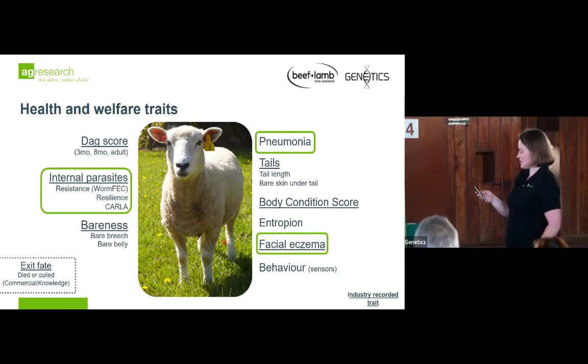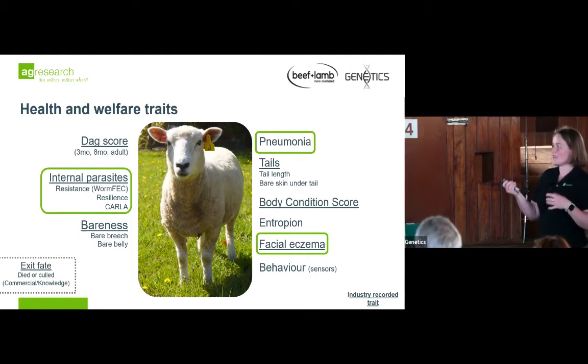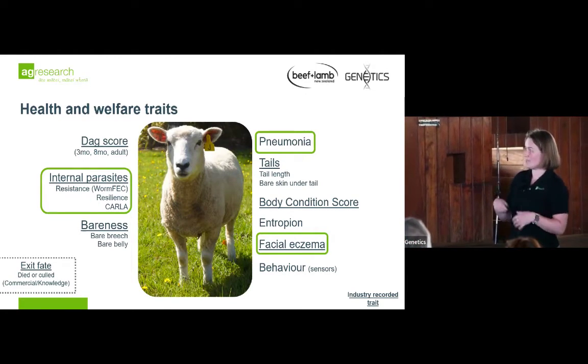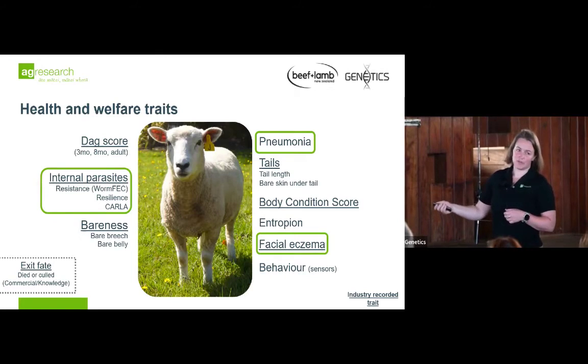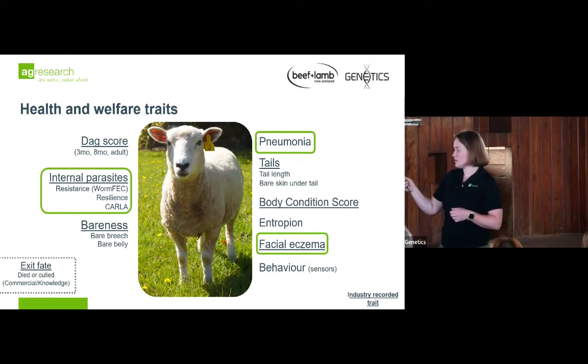In this picture here, we have all the underlying traits, so those that are available to be recorded in industry at the moment. So we've already heard about dags score, internal parasites, bareness and breech, well, be that breech or belly, tail length, body condition score. The only one that hasn't been talked about today is facial eczema, and we're probably not going to touch on that, but I wanted to briefly talk about